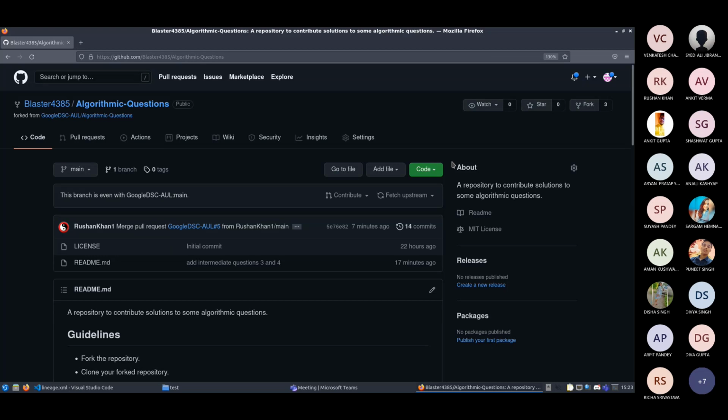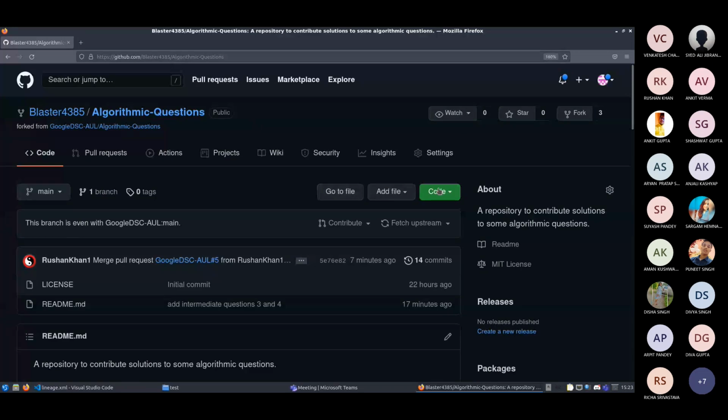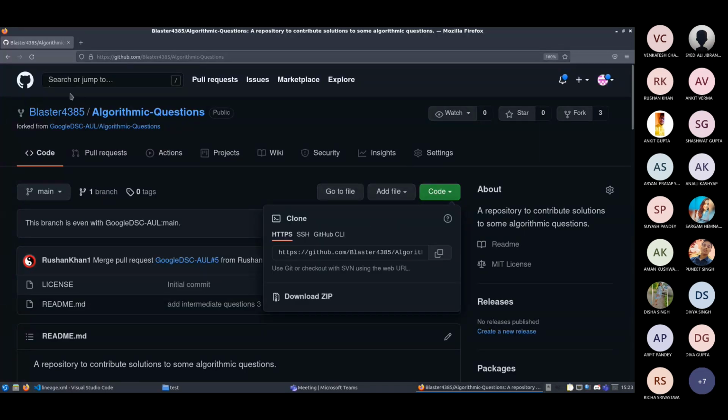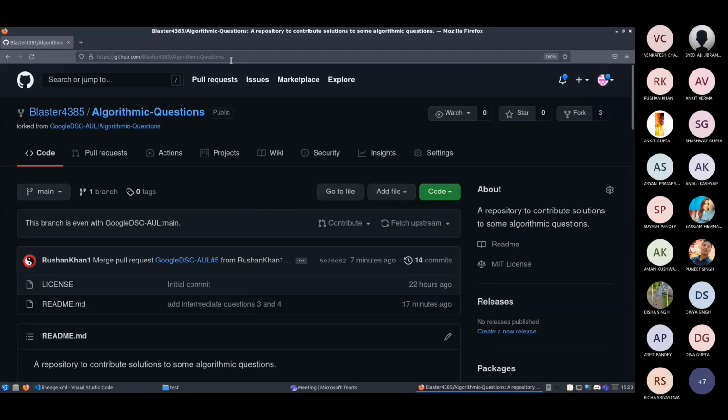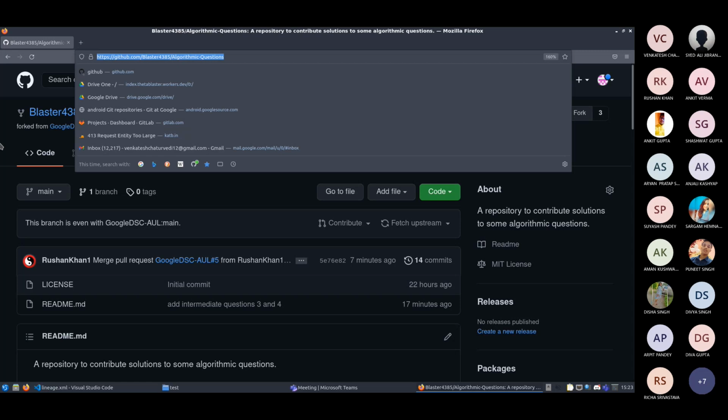You can just zoom it a little bit. Now we can copy from the URL, that's more easy. HTTPS. Is it visible? Just wait a second.